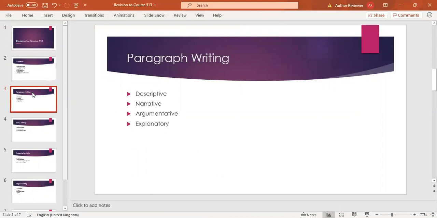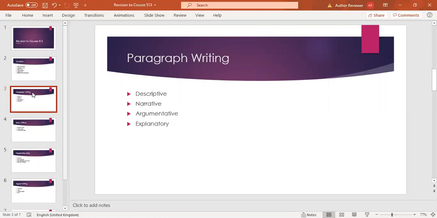In paragraph writing, we generally discuss how to write a paragraph, what the types of paragraph are, what the form of a paragraph is, what the length of the shortest paragraph is, and some other major and minor things. If we talk about the types of paragraphs, the first that we discussed was the descriptive paragraph. You all have lectures on description writing and descriptive paragraph.